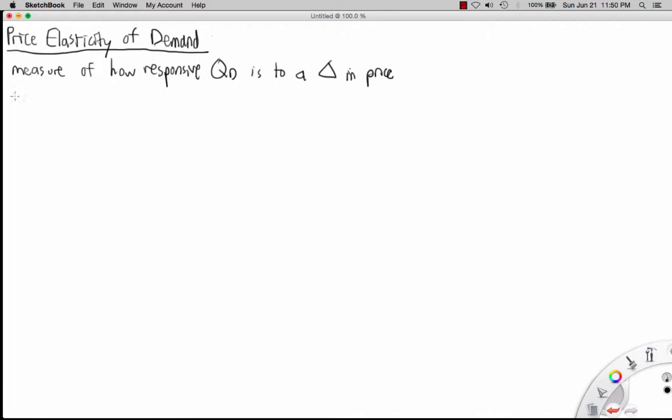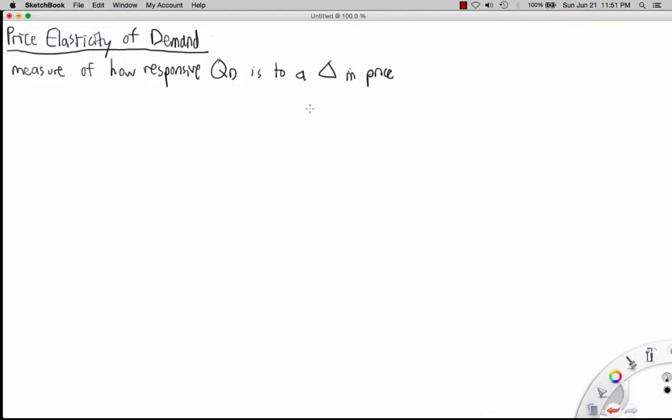So anyway, this is all well and good. It gives us a starting point for understanding what price elasticity of demand is. And really, like I said, all it does is tell us how sensitive the amount that consumers are willing and able to buy of a particular good is to a change in its price. So again, that's great, but